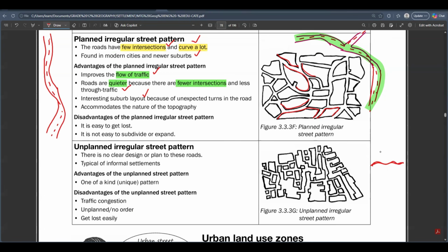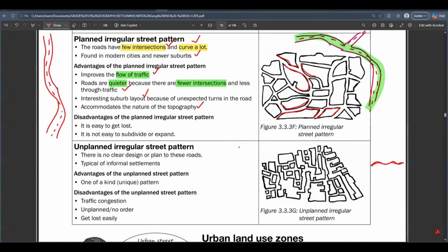Because the roads don't really have to be straight in this irregular street pattern. But in a gridiron street pattern, the roads need to be straight. For that to happen, you need some flat land, specifically flat land. And it's hard to find a huge area of flat land in South Africa. You only find it in places such as northern KZN, Gwamhlabuya, that's a flat area. But it's not something you find easily. The topography of the area is not found easily.